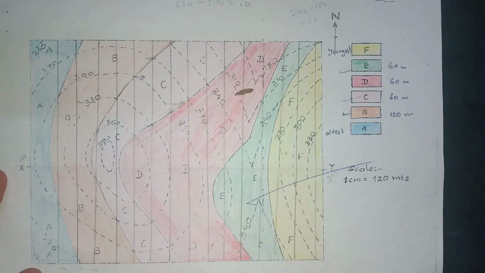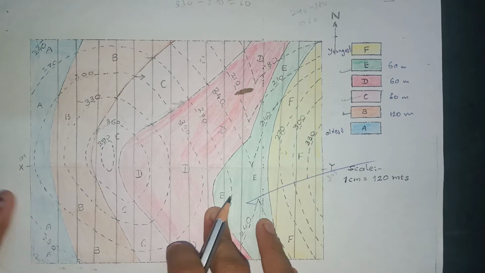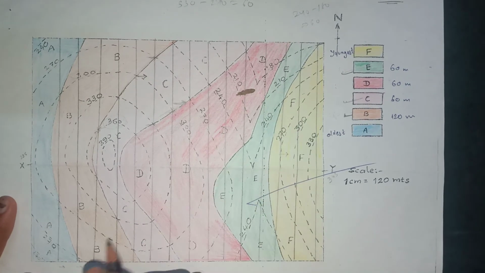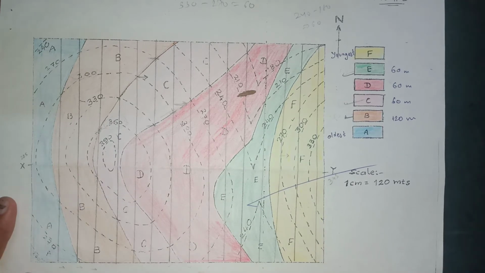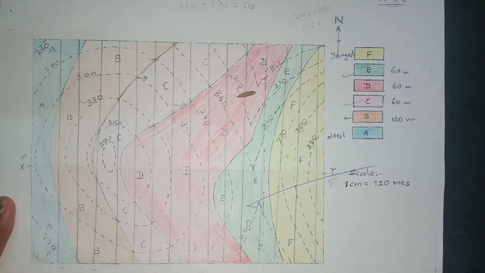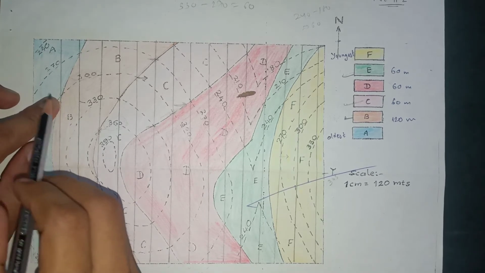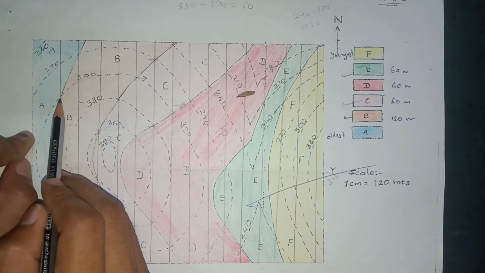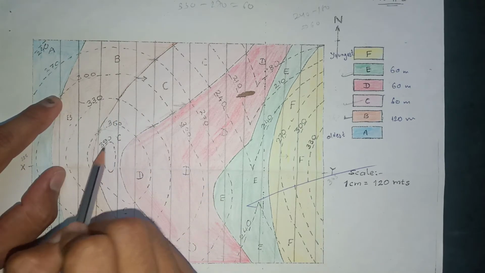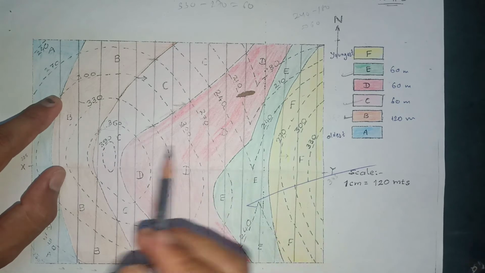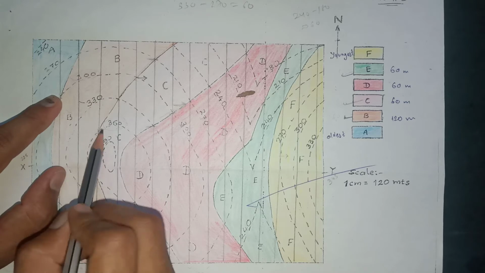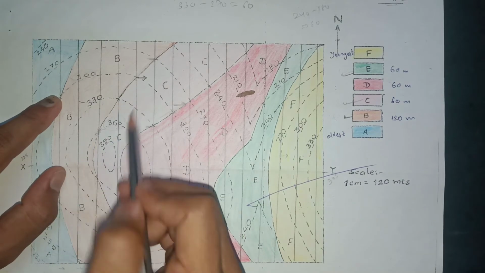Okay, now this is the general idea about the dip direction. Now how do we apply it in the indirect method to find the thickness of bed B? Here we will take a strike line, suppose this, which is cutting A and B both. Now we have to select another strike line which is cutting B and C both. We can take this also because it is cutting B and C, and we can take this also, B and C, whatever you want you can take.